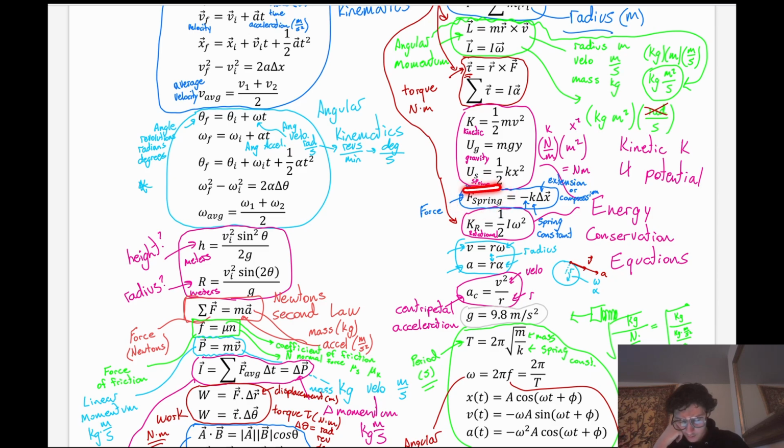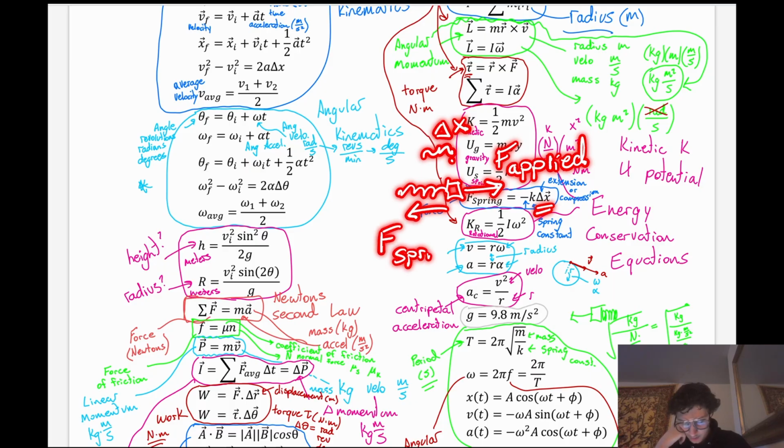But we also have a force applied to this block that is on the spring. So we have a force applied, and then when we extend the spring a specific amount, like let's say we stretch it this delta x, then there is also this force of the spring pulling us back. And then this thing